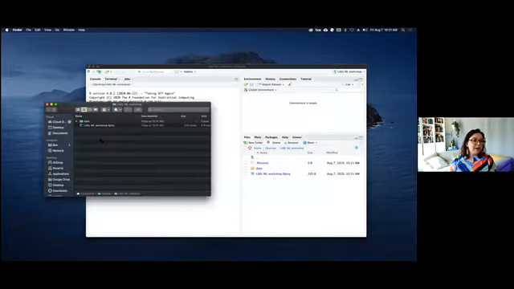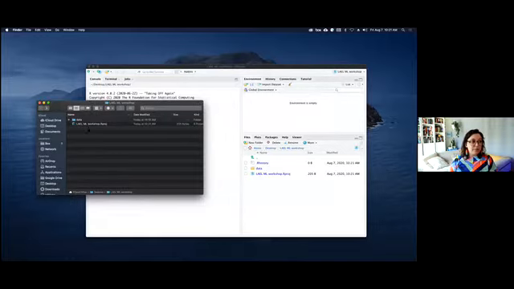And then what's going to happen, you're going to see that in the folder that you created with that data folder, there will be